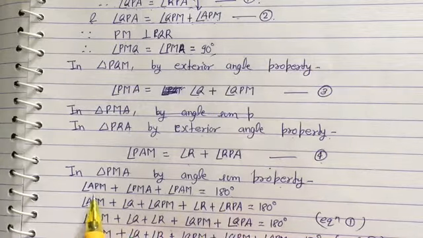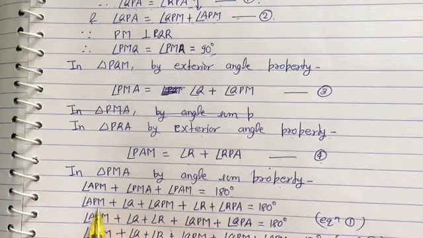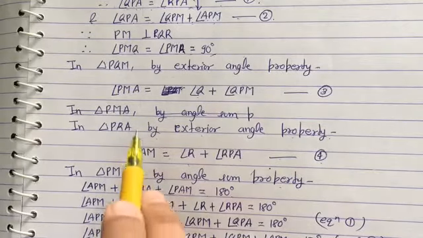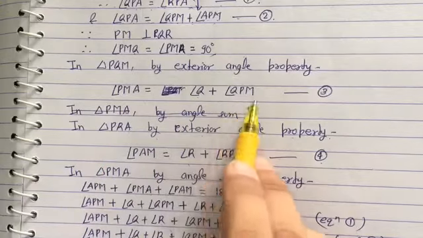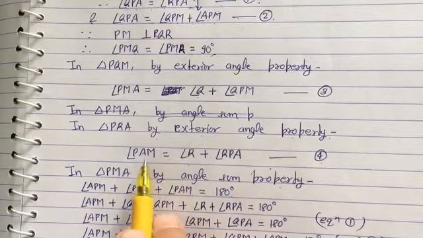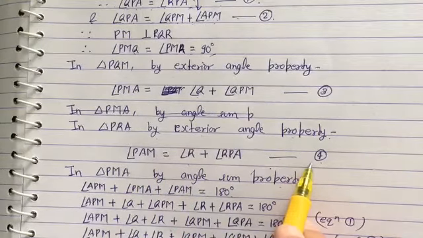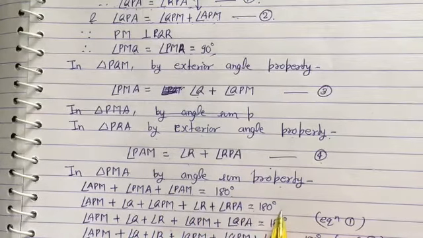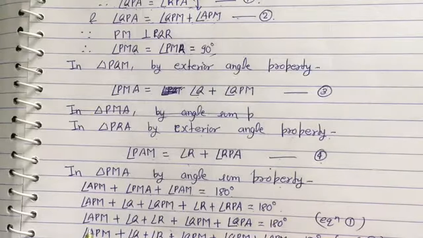In the place of angle APM, you have to write this as it is, because you have to prove this. And now angle PMA, calculated earlier, angle Q plus angle QPM, and angle PAM, calculated earlier in equation 4, angle R plus angle RPA is equal to 180 degrees. I think there is no confusion, no problem in this solution.